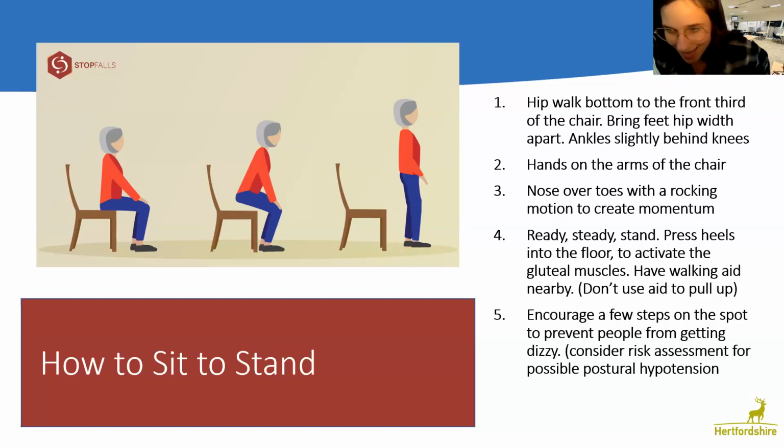So something like this is just a way that we can cascade this down. It can actually help even somebody have the confidence to go to the toilet, stand up from the toilet themselves. And I've heard that firsthand from people who have really focused on this with an individual, bit by bit. Not saying you're just going to conquer fear or you're just going to conquer balance and falls, but it's a starting point. It's baby steps. So instead of pushing through the arms, we use the legs, we use our bodies, we enable the strength in our legs. We can get stronger, and we can get that confidence, and it becomes an easier movement for somebody to do.